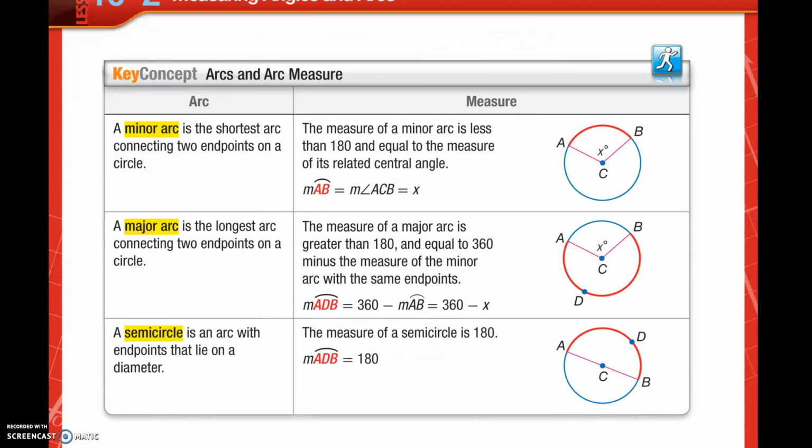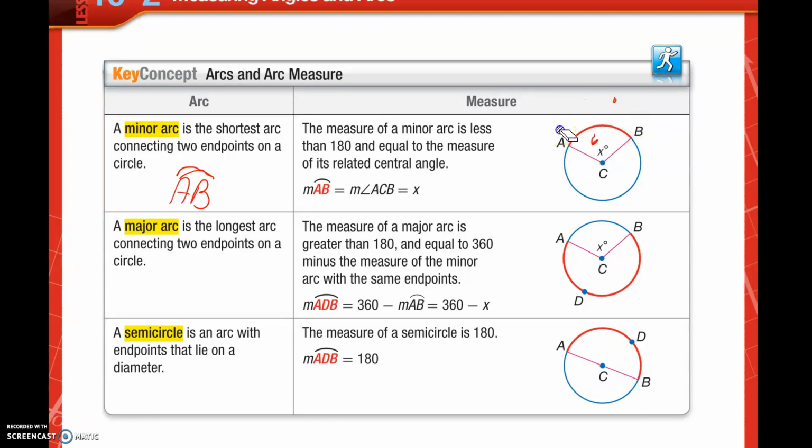So that leads us to arc measure. Arc measure is the same as the angle measure. So if I'm looking for arc AB, it would measure the same as the angle measure. So if this angle measure is 60, then my arc measure is 60. Also, any arc that is less than 180 is a minor arc. And we name minor arcs, usually we use 2 letters. We don't have to, and then we put a little arc over there to tell you we're talking about arc